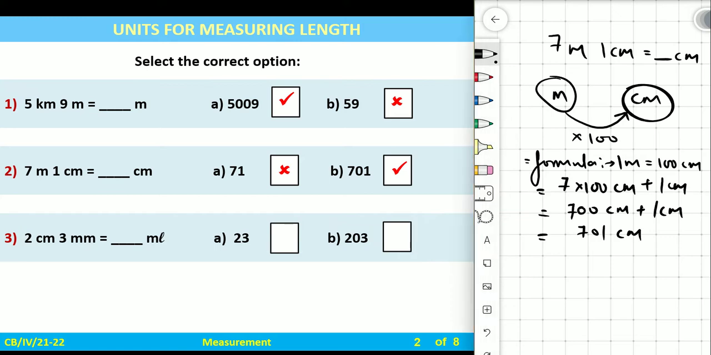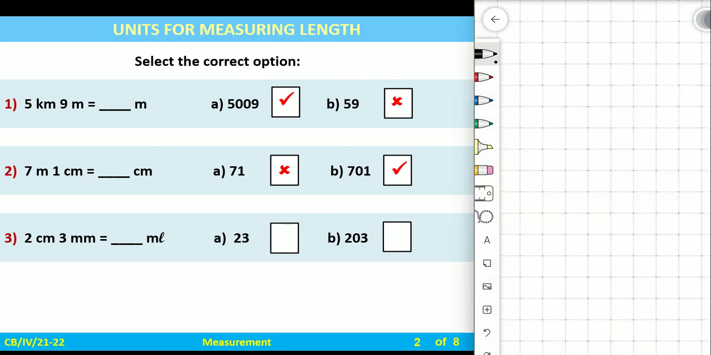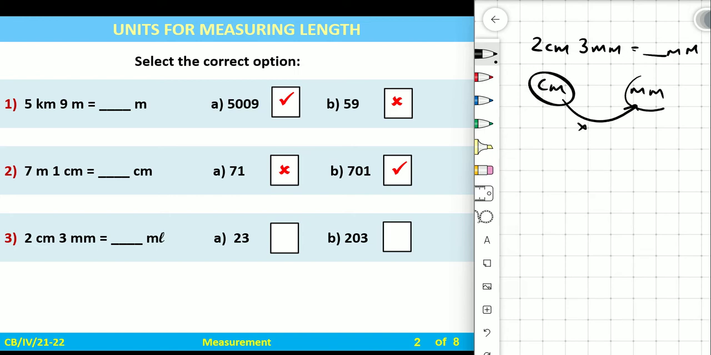Now let's take another example. 2 centimeter 3 millimeter is equal to dash milliliter. Oh, how come it's milliliter? No, it is actually millimeter. Correct this: it is not milliliter, it is millimeter, mm. Converting centimeter to millimeter, we have to multiply. Why? Because we are going to a smaller unit. Now the formula says